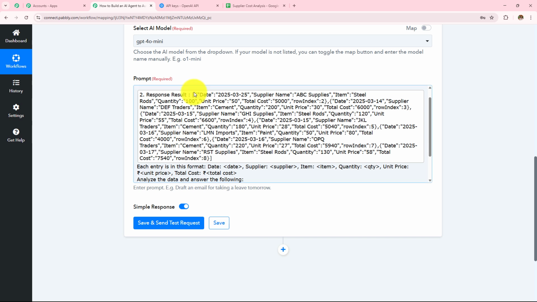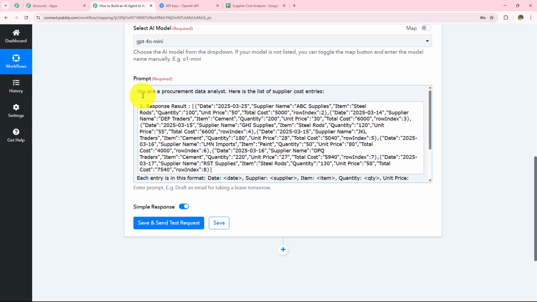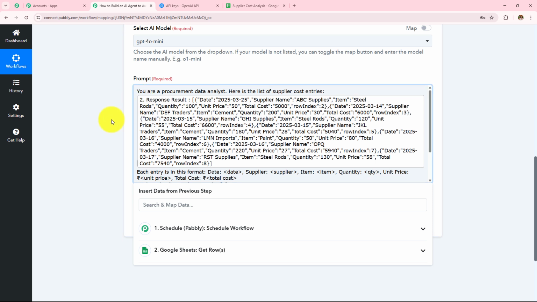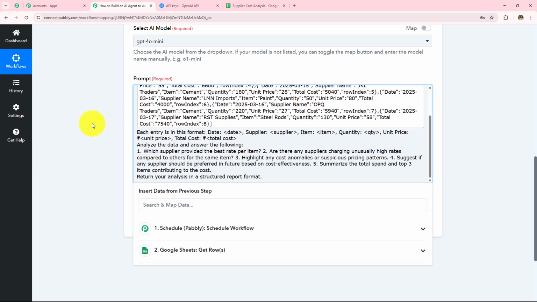Here mapping is important so that every time you receive a new response, it is taken into consideration in this field. Manually entering the data will make this field static and the information will not change even if you have received the new response. If I manually enter any detail, this field will become static, and every time I receive a new response, the result will not change. So as to keep this field dynamic, we use this process mapping instead of manually entering the details.